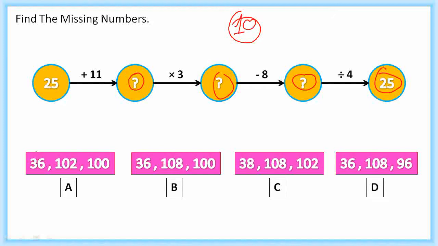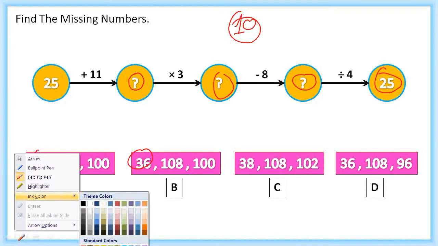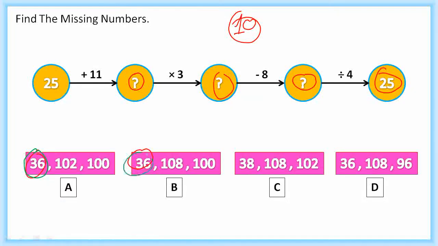So before I perform, let's just see the options. If I perform the first one, I will get 36. Okay, I'm going to change the pen color. I'm going to get 36, 38, 36. So if 38 would be the answer, then I will get C. But if I get 36 as an answer, A, B and D. So I'm going to only eliminate one option. If I do the second part, because I cannot do that with the first, that also is a time wastage. But if I do the third one, I will get 100, 100, 102, 96. So like this, I can eliminate two options in one go.